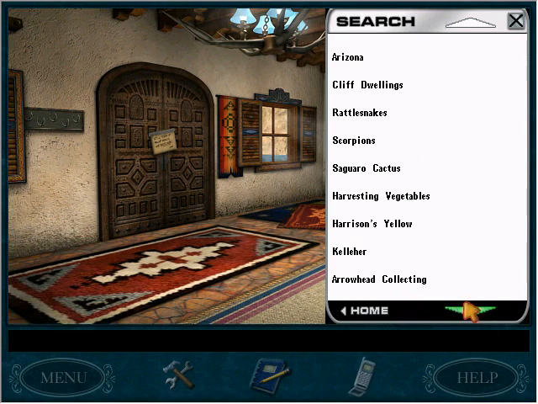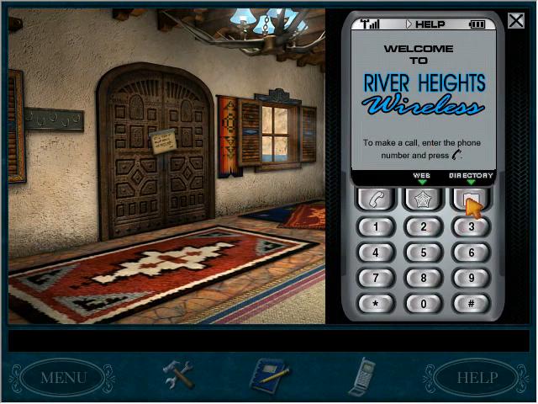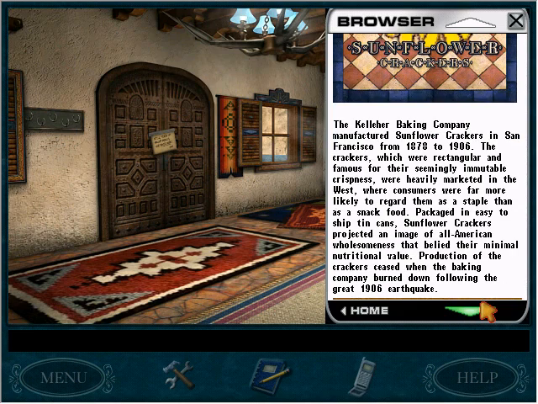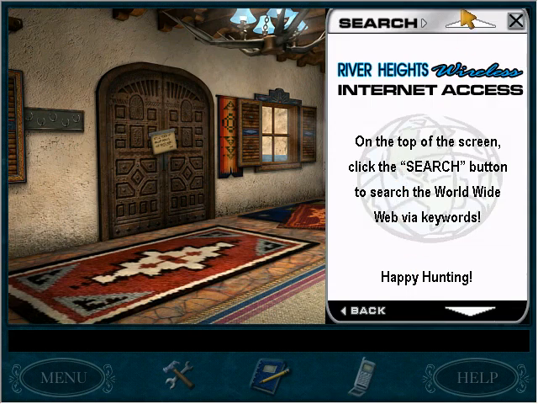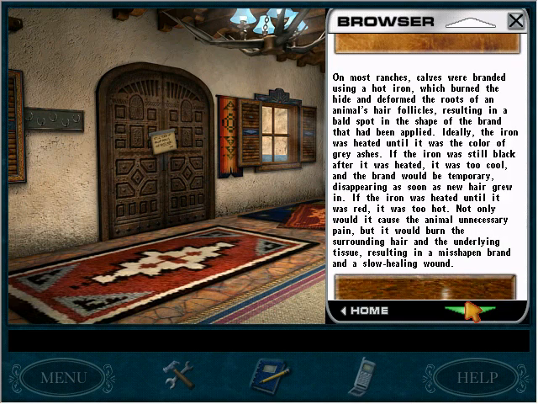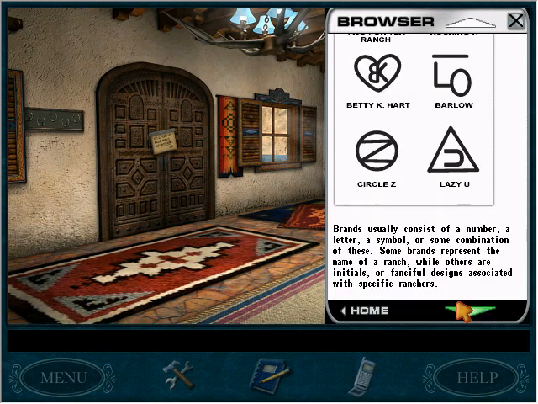There's cattle brands and a Kelleher? What is this? Not that. There we go. What is Kelleher? Here we go. Oh, this is the crumbs thing. Okay. So apparently this used to be a thing, but not anymore. And then we've got this last thing on cattle brands. Okay, so it talks about the iron and the... Okay, so there's some...